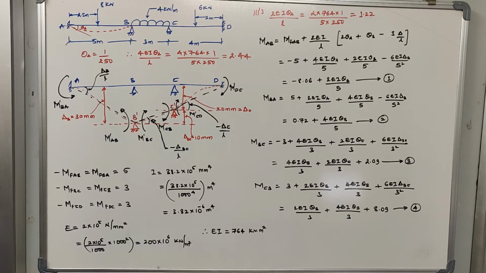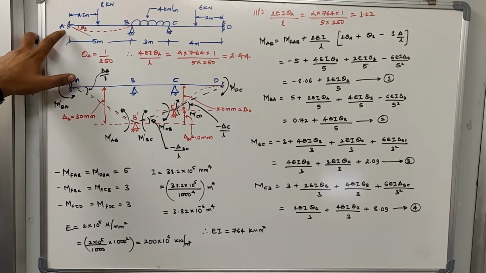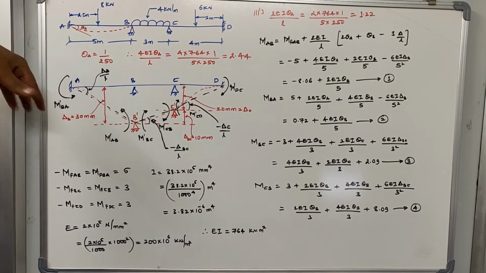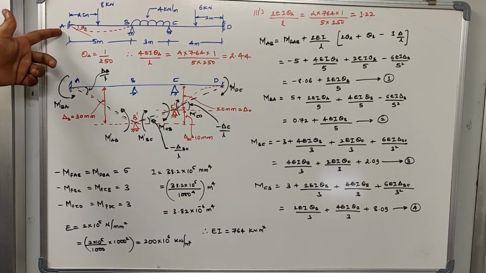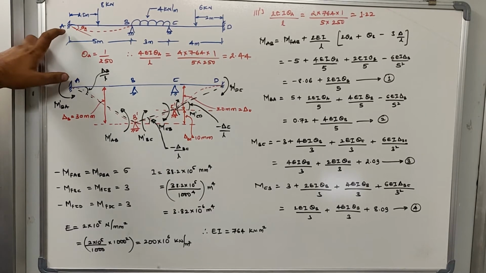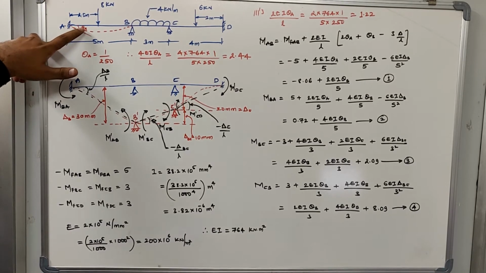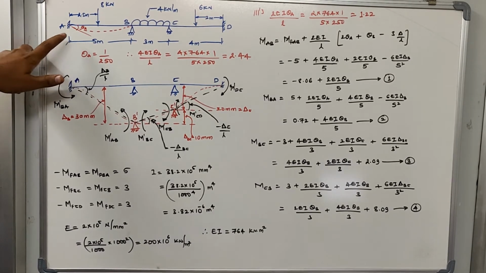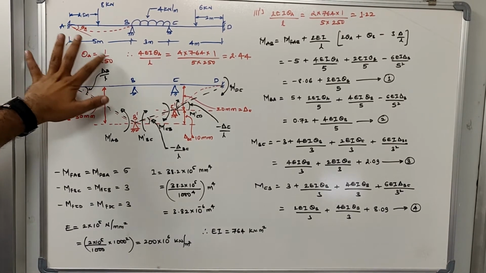End A yields means what? Usually the end A is rotating, the rotation that is created at this end, though this is fixed. Now you might be thinking that if it is fixed, it cannot undergo any kind of rotation, until and unless it is mentioned. If in the problem it is mentioned that there is a rotation taking place even in the fixed joint, then you need to account for it. So in the given problem he has said that end A, joint A, is yielding 1 by 250. The theta value is given in terms of radians, which equals 1 by 250. First thing that you have to notice, so write down theta A equals 1 by 250 separately.